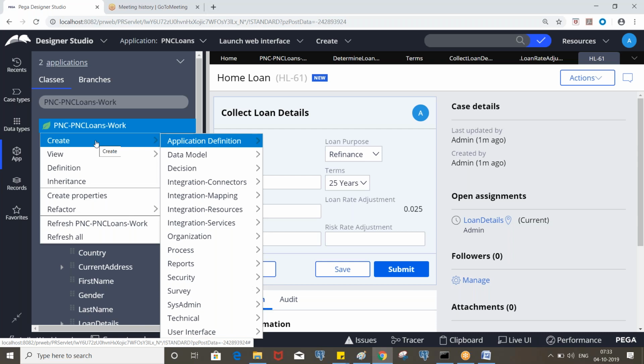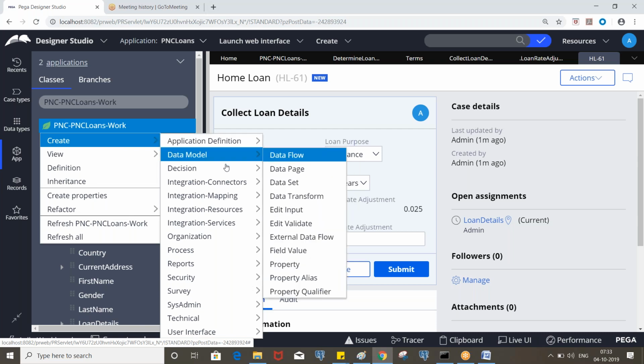It will take a lot of time, right? So for these kinds of changes, we delegate these rules to the business users, and they will be able to modify directly in the production environment. We have a separate concept called delegation, which we will work on after completing these scenarios.